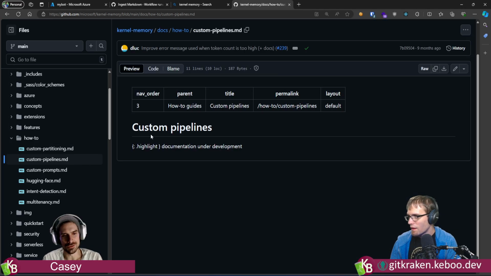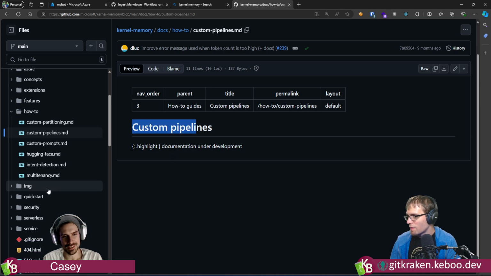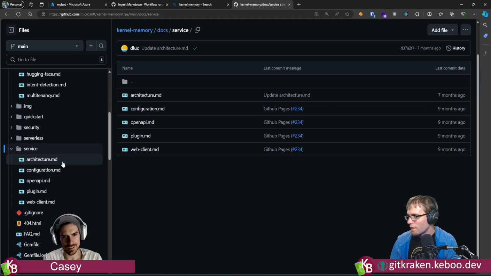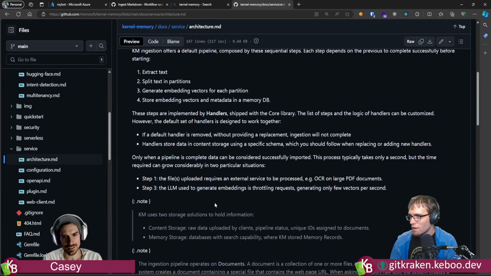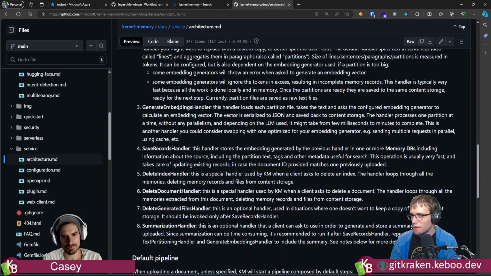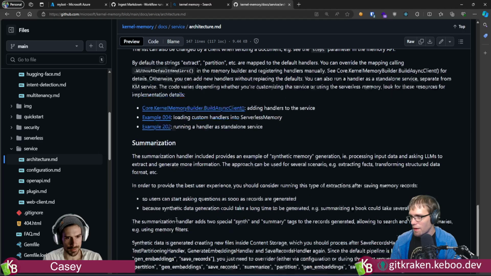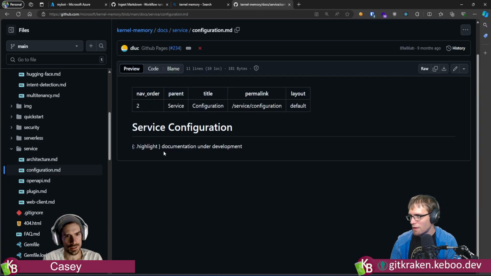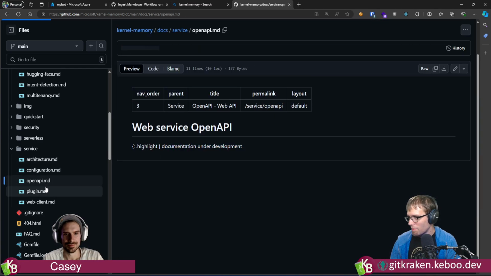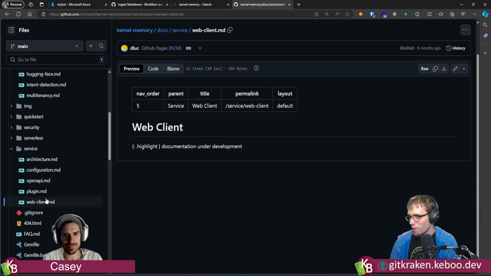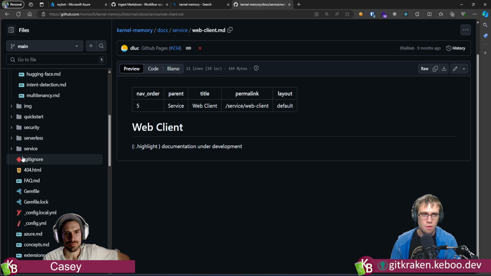It's when you go to the queue stuff, or the serverless service, I think is where they have the architecture, which is kind of nice. They break down the pieces. Default pipeline, and then we get into here, and we get documentation under development, and I think this is the part where we were running blind and poking through their source code to find our way into happiness.